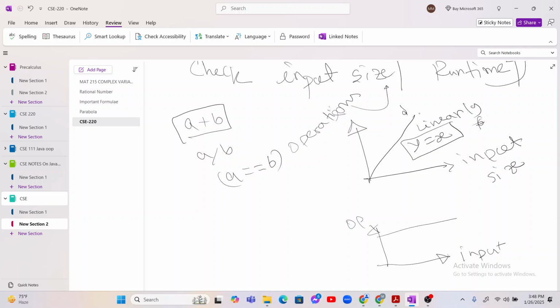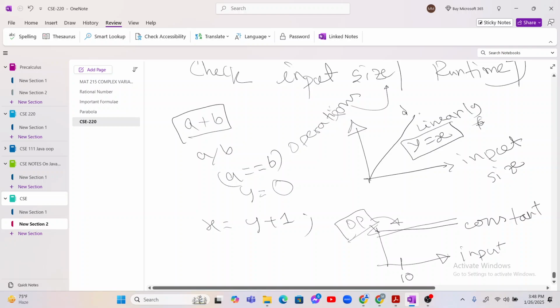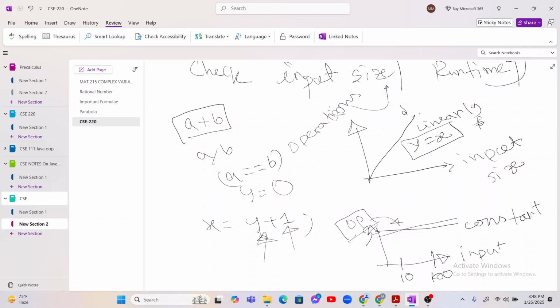আমার অপারেশন সবসময় কনস্ট্যান্ট থাকবে। তার মানে এটা ইনপুট সাইজের উপর ডিপেন্ড করে না, এটার রান টাইম বা অপারেশনস সবসময় সেম থাকবে, যেমন এক্স ইকুয়াল ওয়াই প্লাস ওয়ান। এখন ওয়াই এর ভ্যালু ইনপুট সাইজ যাই হোক না কেন, ওয়াই এর ভ্যালু যদি 10 দেই, তাহলেও এটা কয়টা স্টেপ নিবে? ওয়াই এর ভ্যালু চেক করবে, যোগ করবে, তারপরে অ্যাসাইন করবে, 3টা স্টেপ। ওয়াই এর ভ্যালু যদি 100 নেই, তাহলেও সেম ওয়াই এর ভ্যালু চেক করবে, 1 যোগ করবে, আর x এ অ্যাসাইন করবে, তাহলেও 3টা স্টেপই নিবে। তার মানে অপারেশনও 3টা থাকবে। তার মানে এটা কনস্ট্যান্ট। এখন বাইনারি সার্চ কিন্তু কনস্ট্যান্ট না।